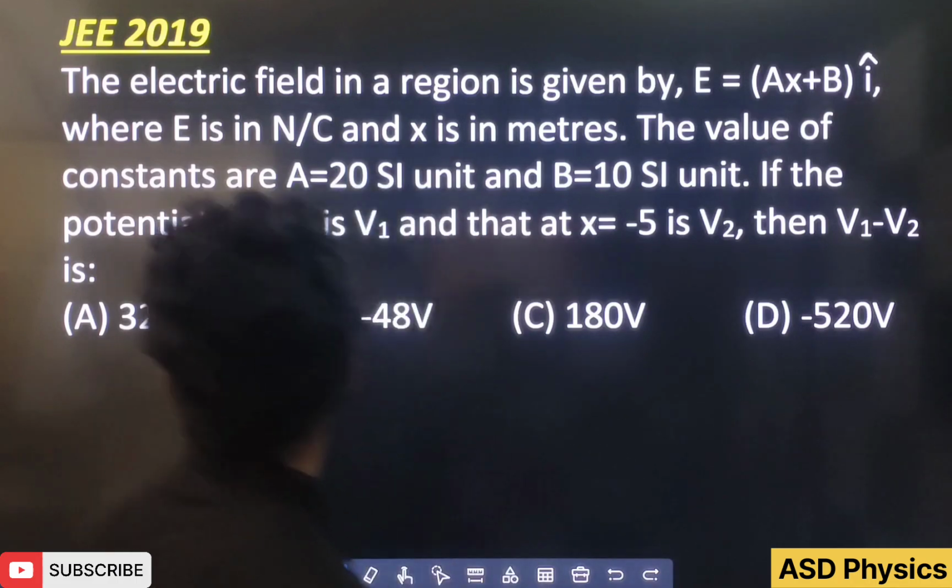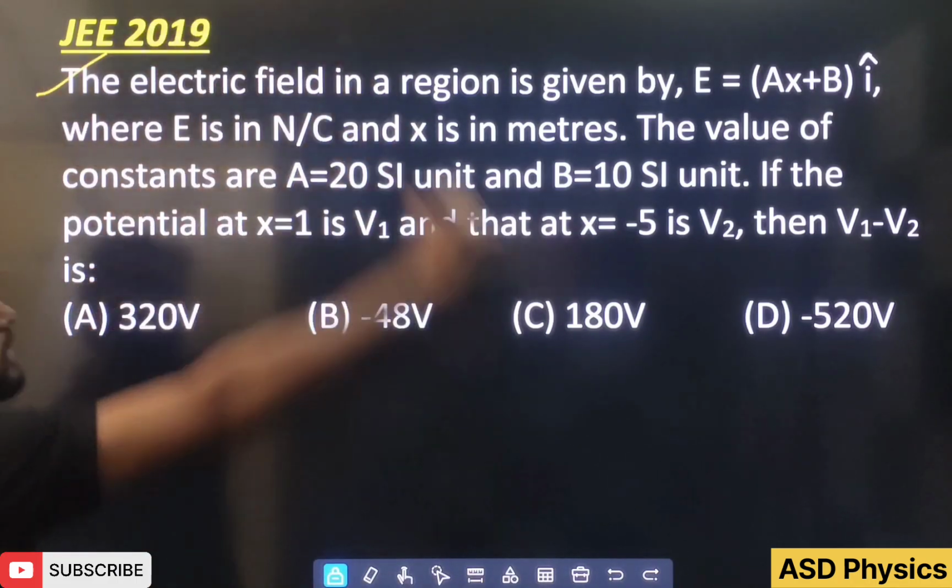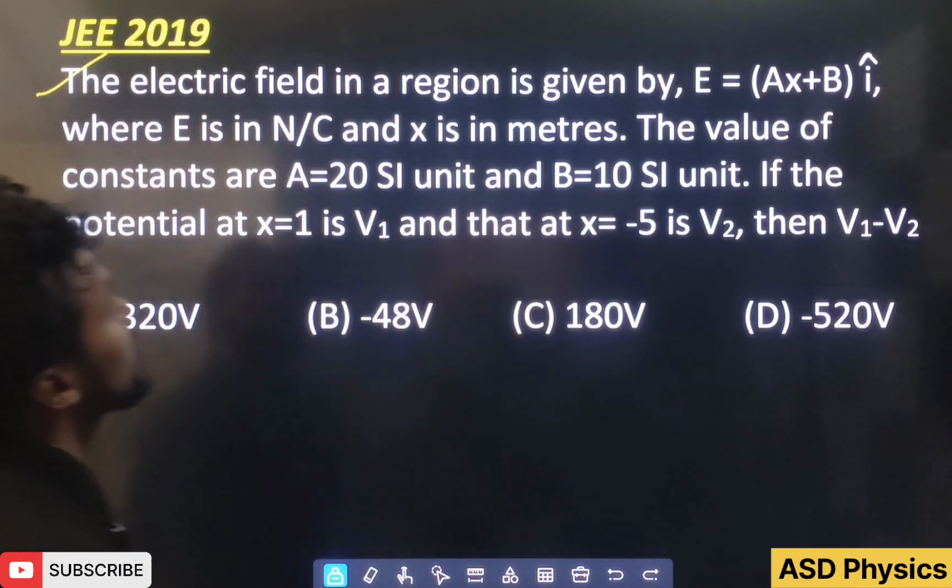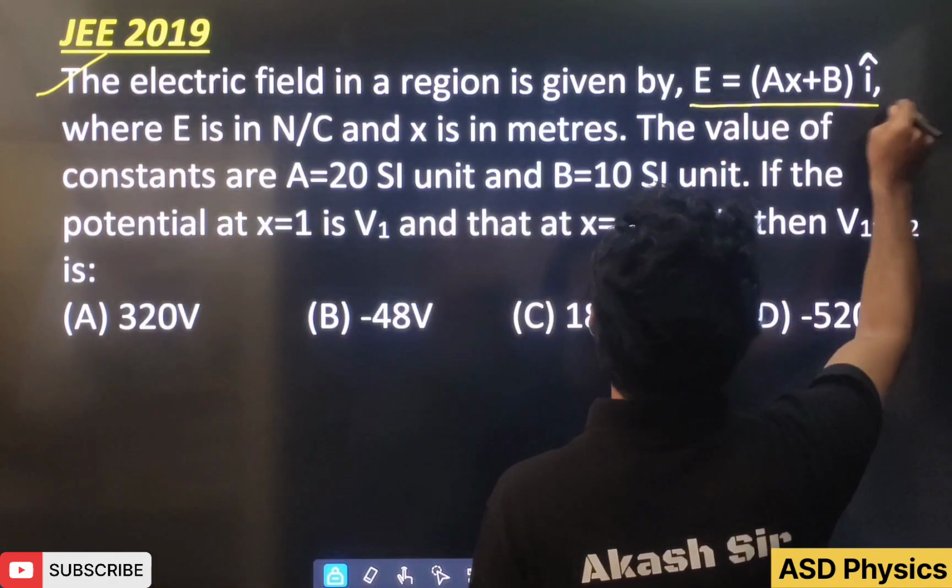Now students, next one. This is a JEE 2019 question. We are going to learn something very basic. So let's see here, students. The electric field in a region is given by